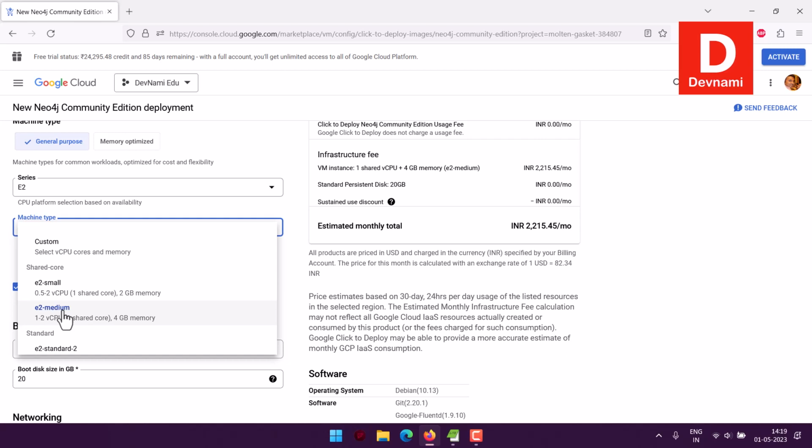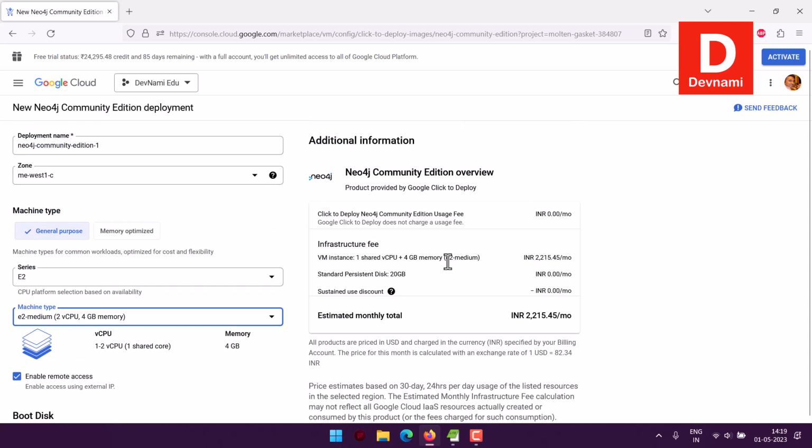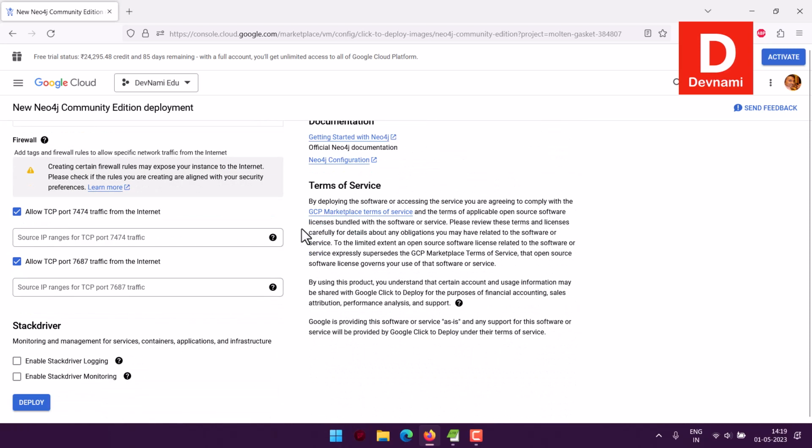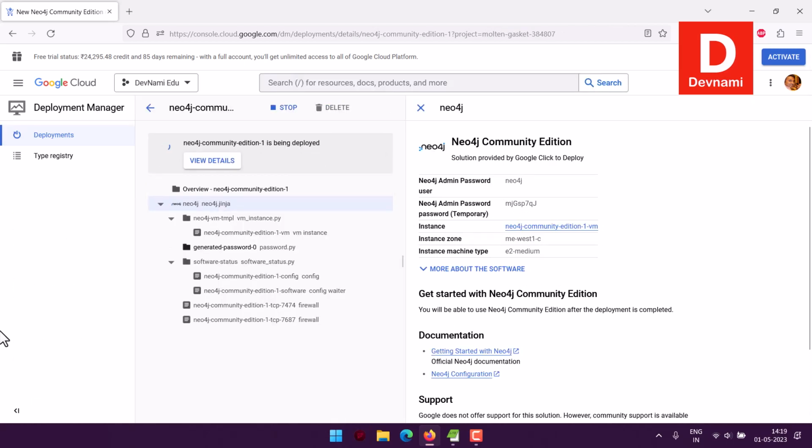So I'm choosing what is possible, so I'll be doing in that fashion. Now, considering I have picked 4 GB memory and 2 CPU, this should be more than enough for our Neo4j, right? Now let's go to the bottom, and here I'll be clicking on deploy. So as you can see, it will start the deployment. It has selected its own zone and data center location, so we will be just waiting for it to deploy